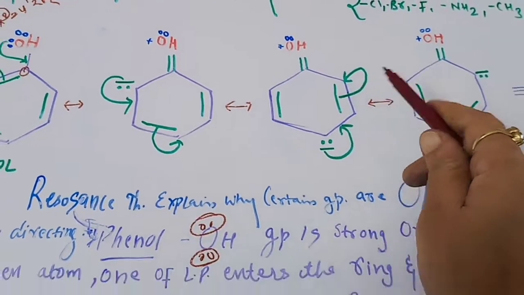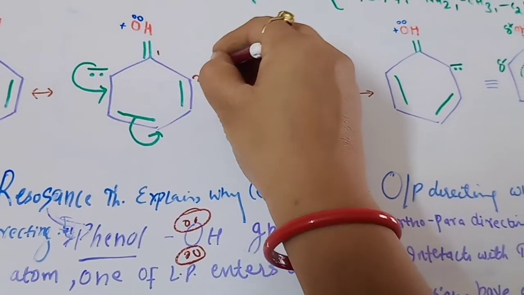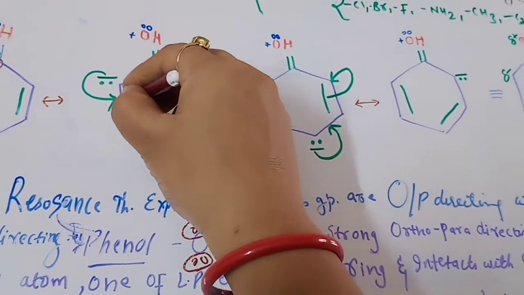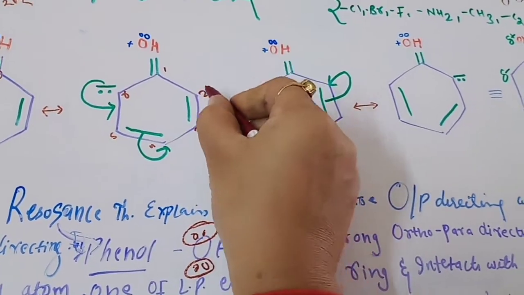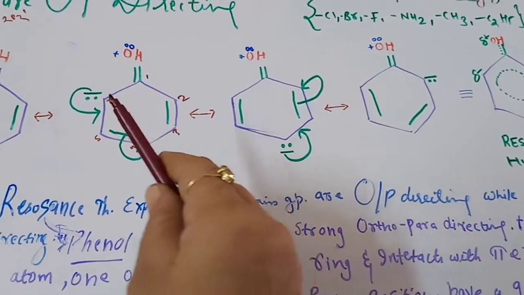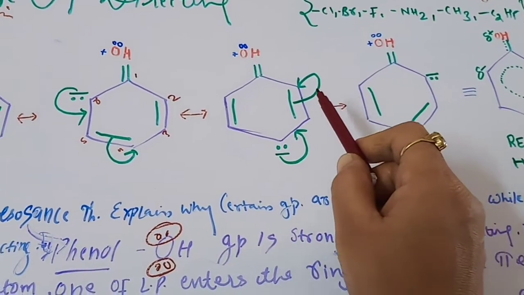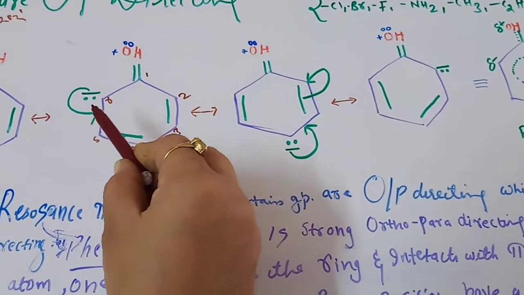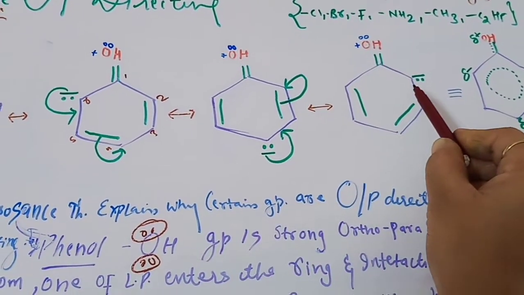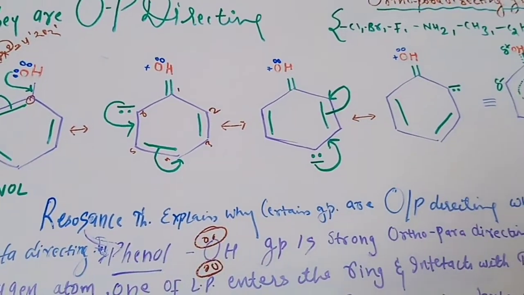And we can see that, if we see the numbering, these 2 and 6 positions are the ortho positions. So we can see the 6th position, the 4th position, and the 2nd position. These 3 positions have the negative charge, and these three structures are in resonance, and they will